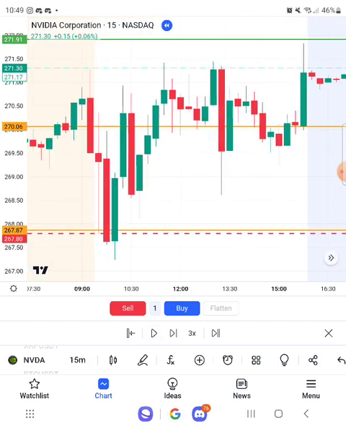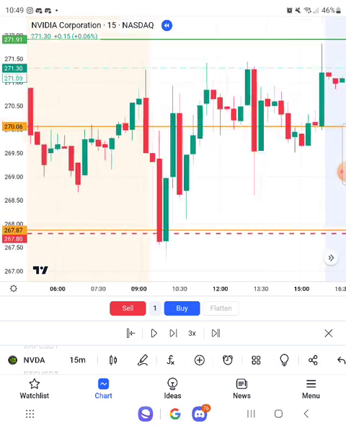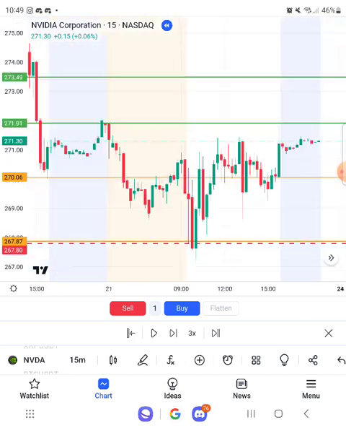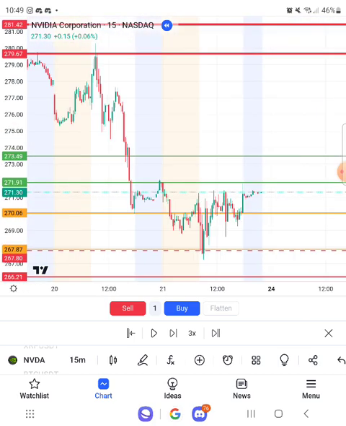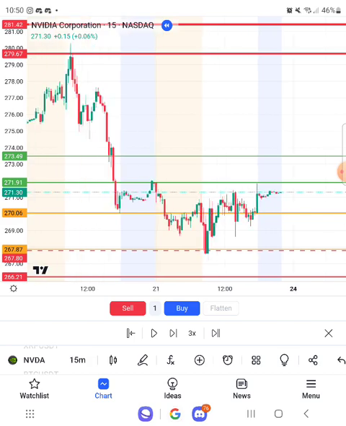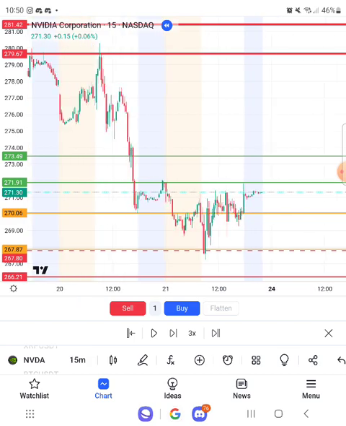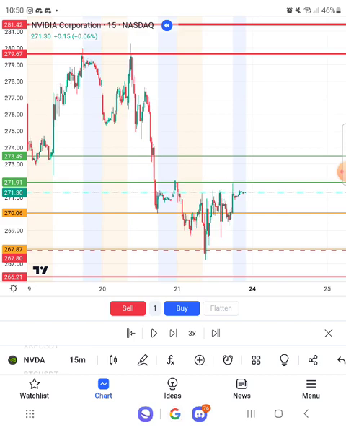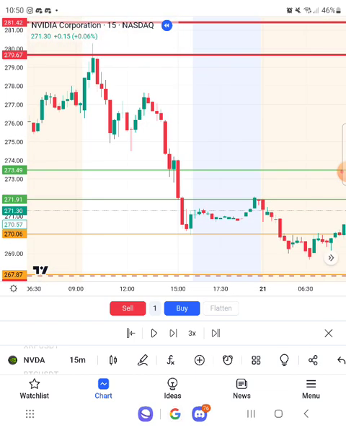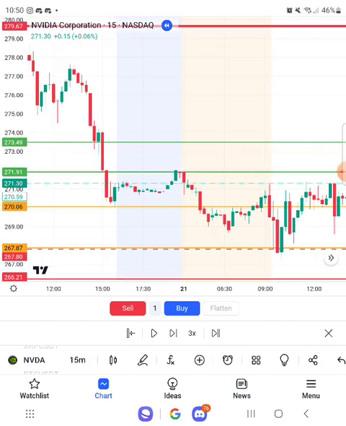So this was a very simple trade today. You know, the market didn't move enough. It was more in a consolidating mode. It only made one range, and it was very difficult to trade today because the move wasn't that explicit, as compared to yesterday where we had a clear move.